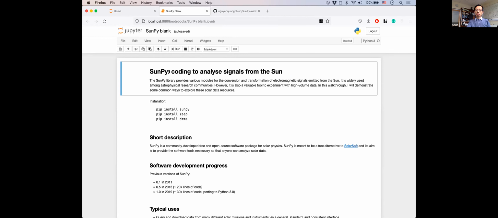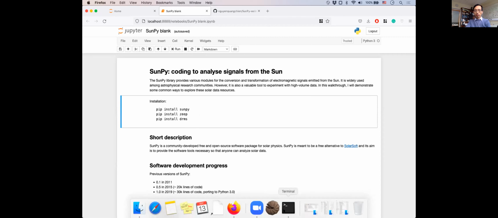So I have prepared this notebook for you. And okay, it just takes a few seconds to open it. But now we have to install several libraries, as I type here, particularly we have SunPy, zip, and DRMS. So you can